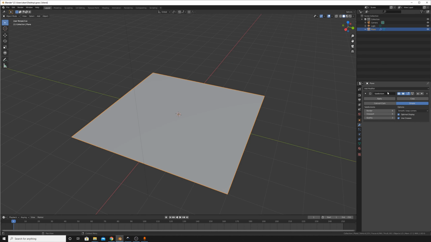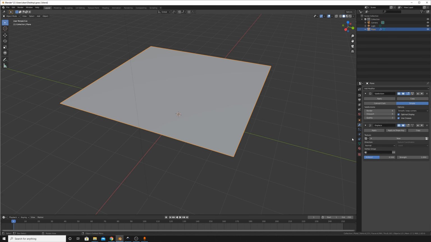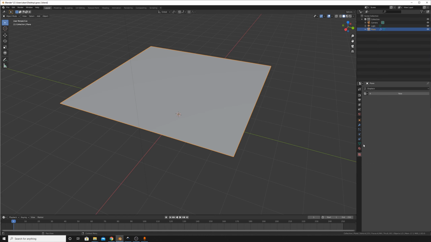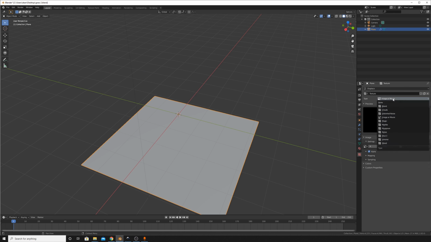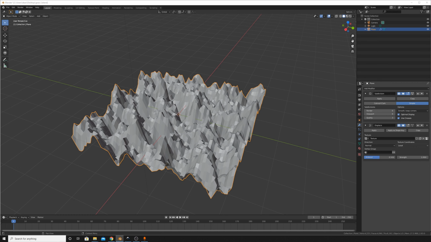So after that, I'm going to add a displace modifier. So that's this. And then I'm going to add a new texture. To get to the texture menu, I just went down here and clicked this checkerboard here. And then I click on new and go to clouds, and just trying to remember what setting I used. I think I used original and I had this set to soft, and something like this should be good. So I'm going to go back, and then I'm going to turn the strength